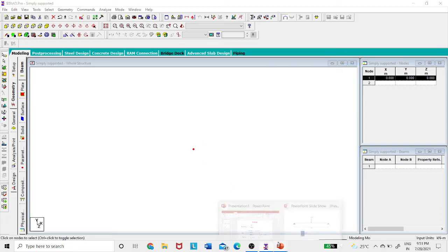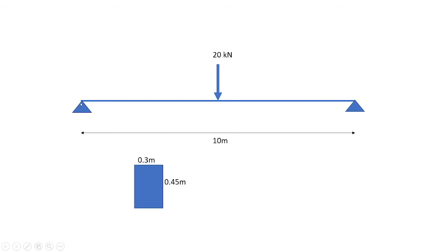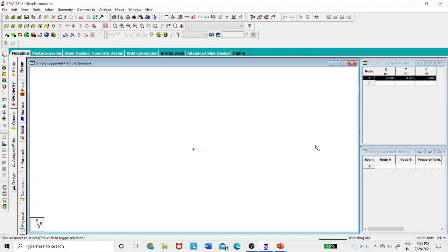If I go back and see here, this is the first position, the left support, and the right support is 10 meters from the first, in the horizontal direction. Here also I am working on only the XY plane. So I select this view from plus Z, that means the front face. You can see here in the X direction I need to have one more node, 10 meters away from the first node.